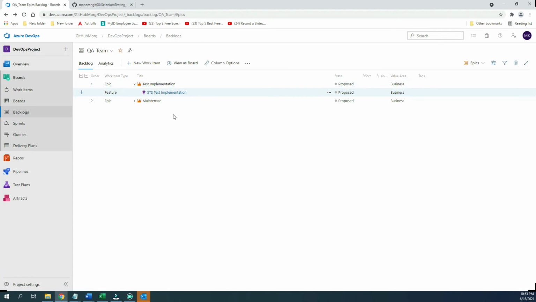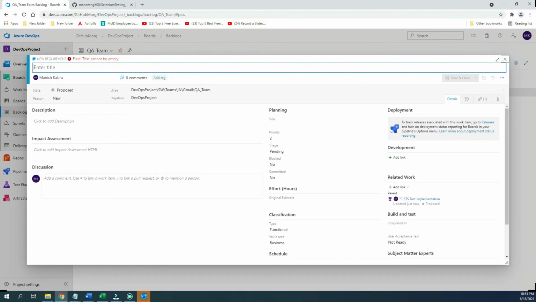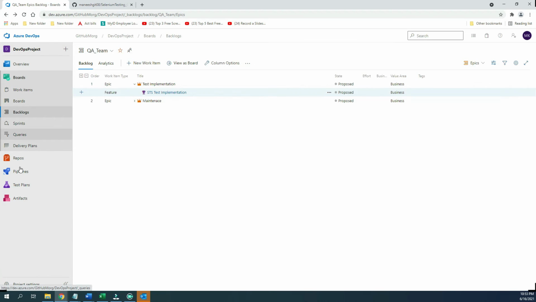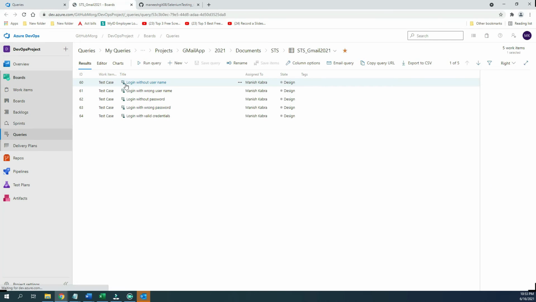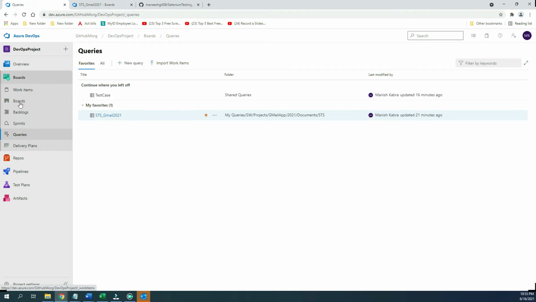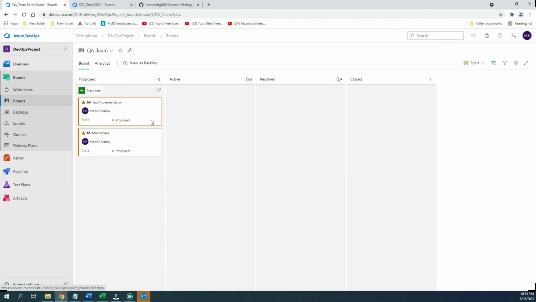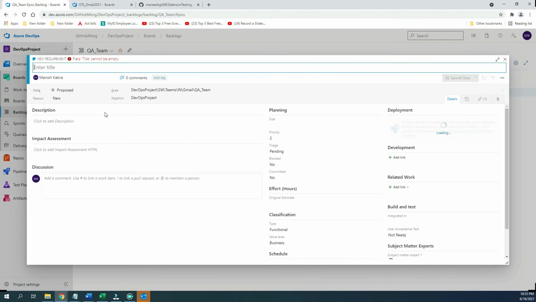Now in this feature, I will add a few requirements. How will my requirements look? First we will note down my test case numbers for the time being, or I can open it in a new tab. It will become easy for me to see what test cases and names I have. Again, go to the boards and backlog. This is my feature, and in this feature, I would like to add a requirement.